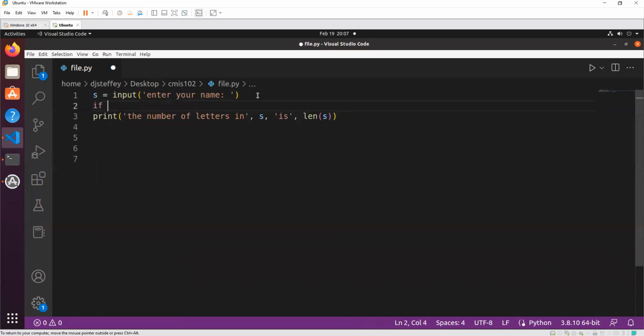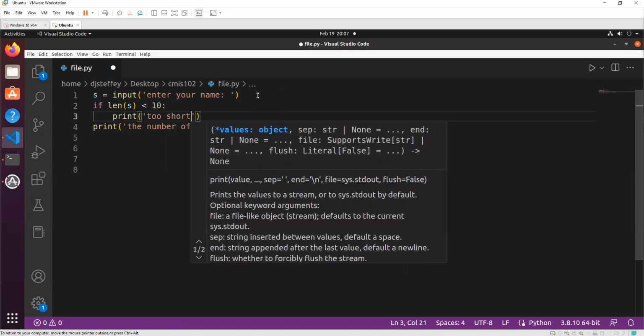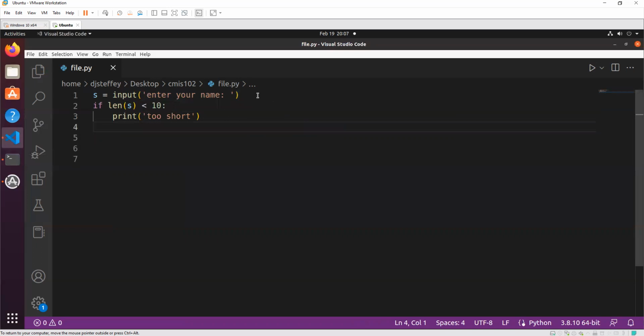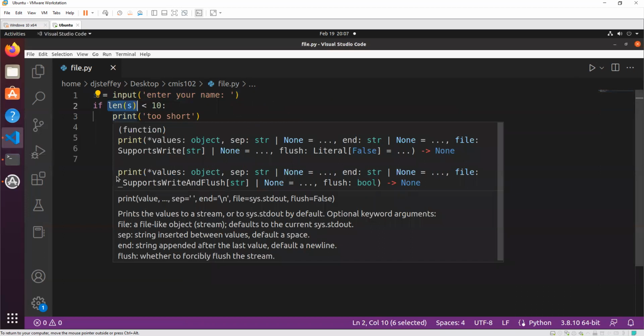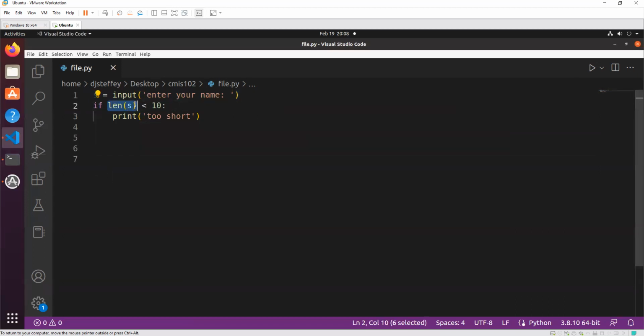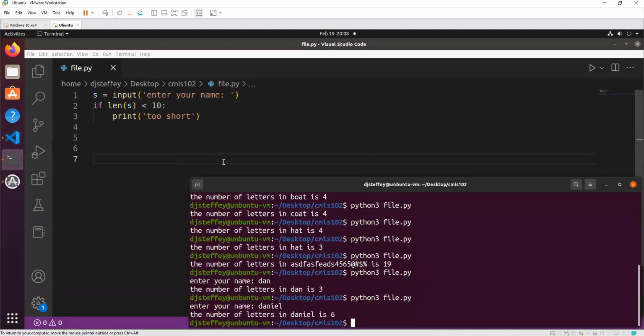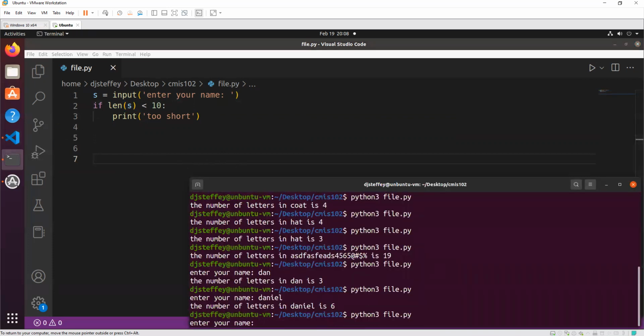Something like, if the length of S is less than, say, 10, print is too short. Right? Just leave it like that. That's fine, because this length gives you a number, right? It tells you, okay, it's 2, it's 3, it's 57, whatever, but it'll tell you how many characters are in that string. So now if we do this little comparison here, it'll tell us if it has less than